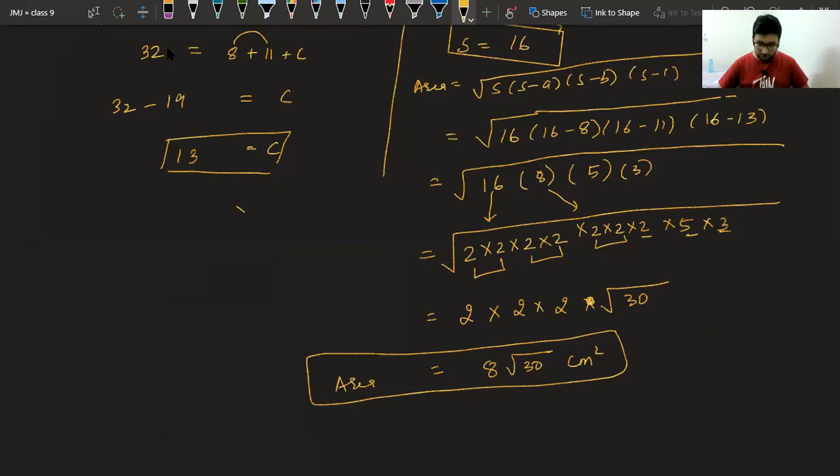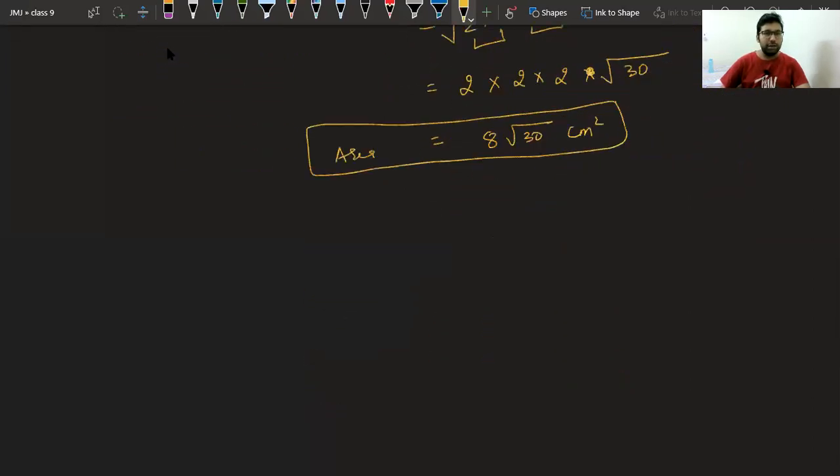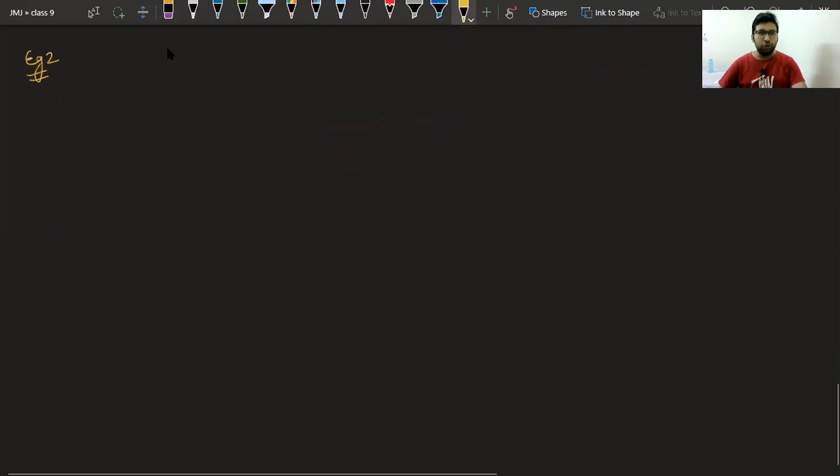Good. Ayush, how did you get 15, beta? Now see, next example, example number 2. How the formula is derived? Beta, just use the formula in your class. You don't have to go for the derivation of that. No need, beta, no need. It is a very lengthy method. No need. Go for this one.